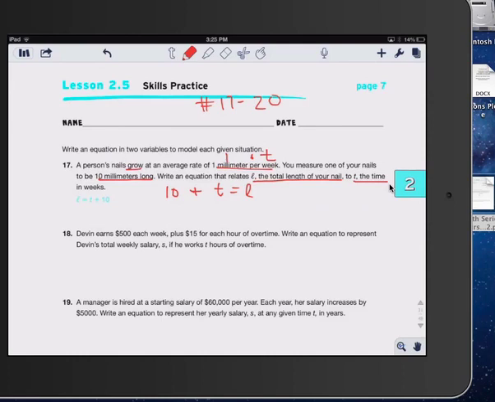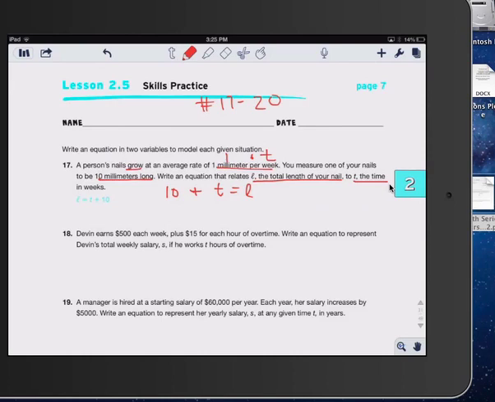19. A manager is hired at a starting salary of $60,000 per year. Okay, she starts at $60,000. Each year, her salary increases by $5,000. Write an equation to represent her yearly salary, S. So yearly salary, each year she makes this amount, at any given time in years. So she makes $60,000 per year